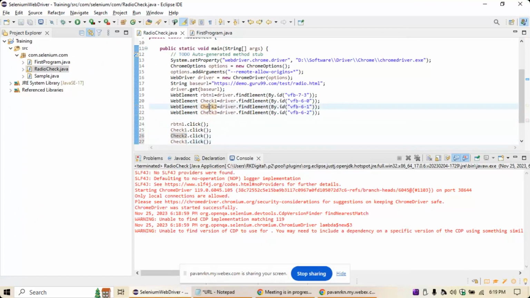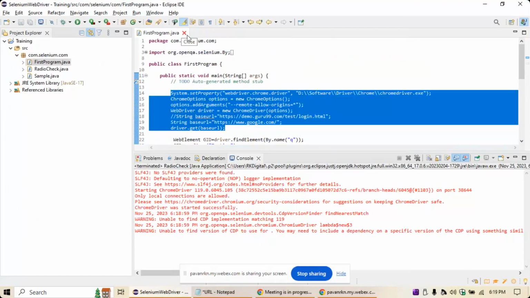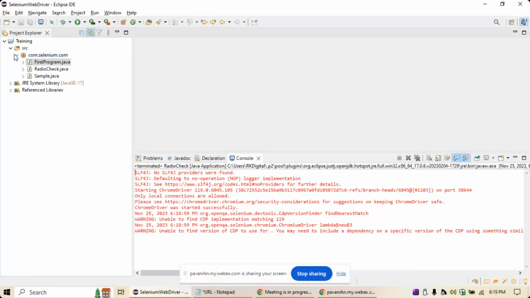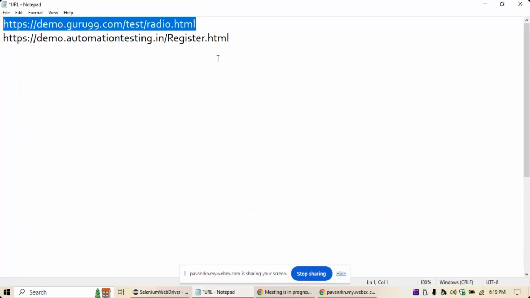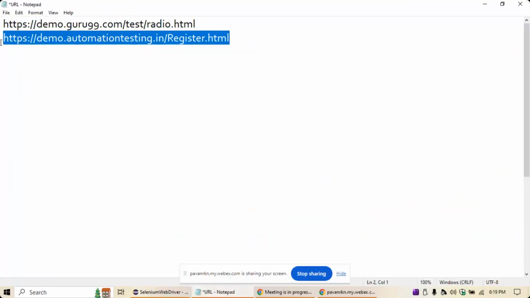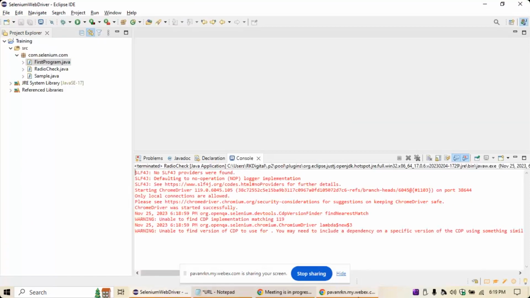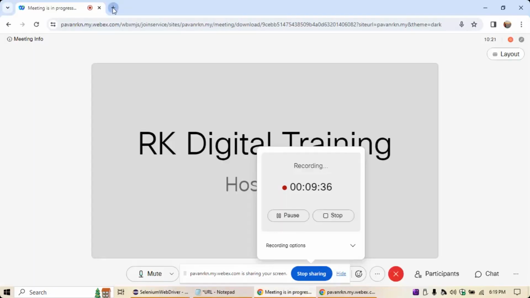I'll just create a different application. Let me go and create the other application. Let me take the URL. Let's say you are having this URL. Go to your website